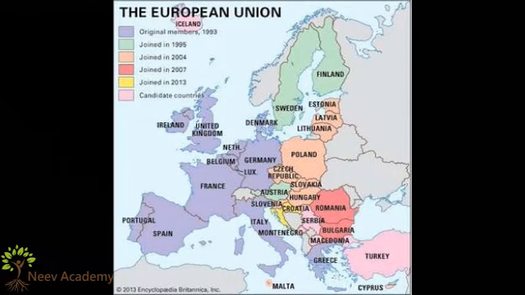The main focus of European Union is the 4 essential freedoms. The 4 essential freedoms. What are these? Free movements of goods, free movement of services, free movement of people, and free movement of money. I'll repeat: free movement of goods, services, people, and money. These are the 4 important freedoms which are the foundation of EU. ब्रेक्सिट के दौरान भी EU ऑफिशियल्स ने ये बार-बार बोला है कि ये 4 फ्रीडम्स पे कोई कॉम्प्रोमाइज नहीं हो